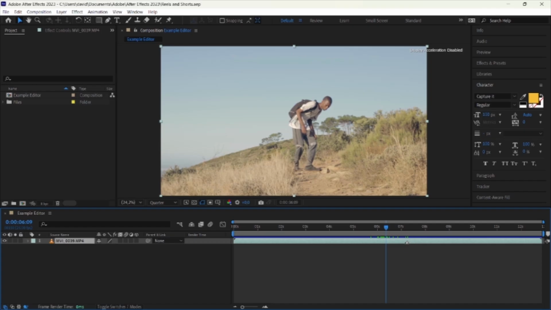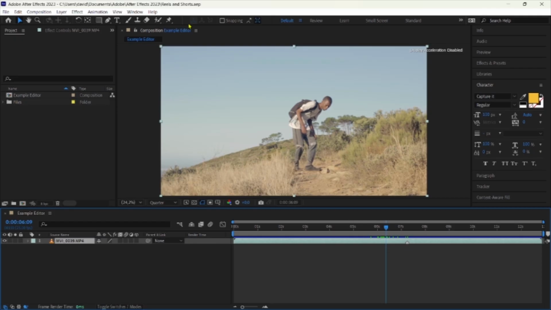There it is, it's still there with us. So there is a reason for that. We're going to be using that as a point where we are going to be doing splits onto some of the layers, which is why we will end up having 5 layers on the timeline.